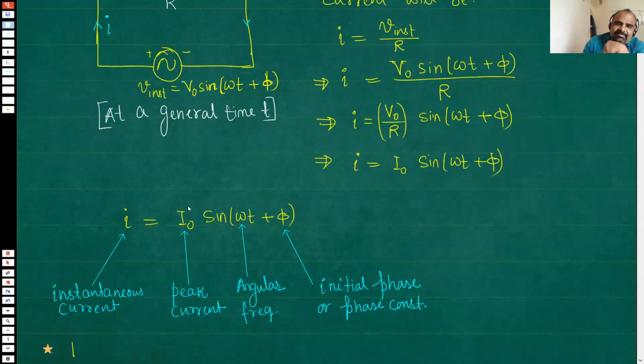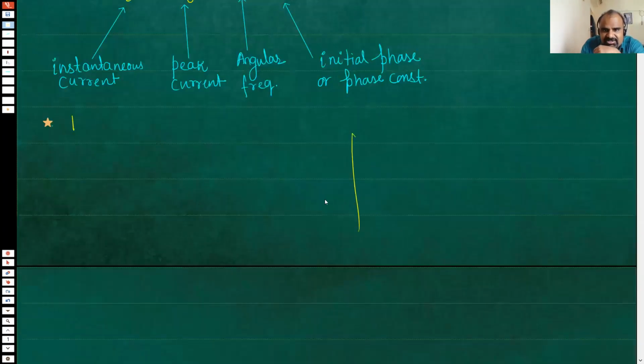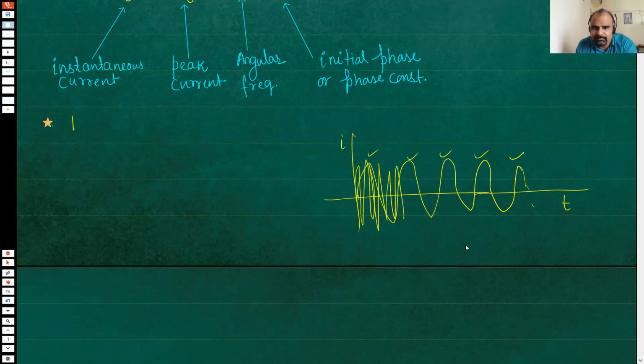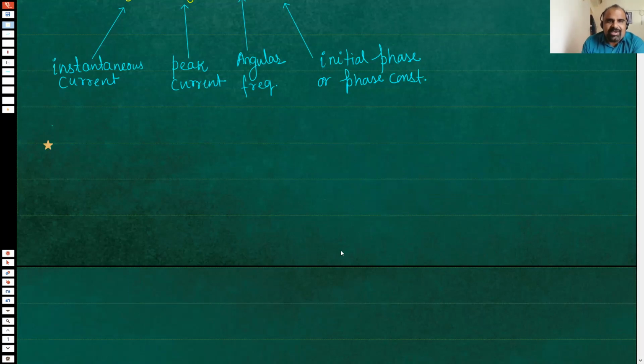And if you draw this diagram, yesterday we drew this diagram, now which graph? I versus T or V versus T, whatever. We know that the graph looks like this because it's a sine graph. In 1 second, you know how many of these will be there? 50 of this. So actually this will be pretty closely spaced. It will be like this, very close. It will not be so far apart.